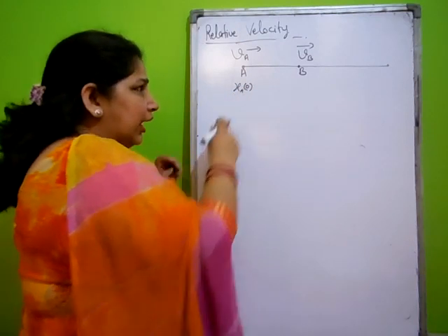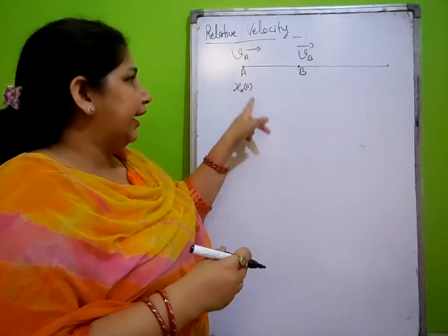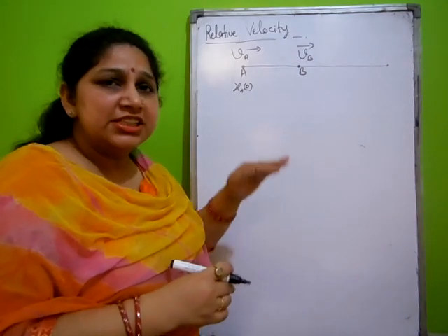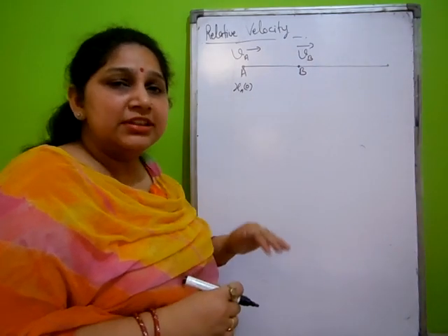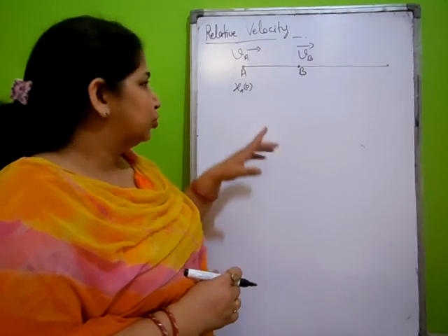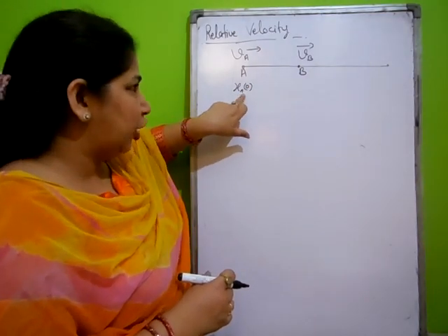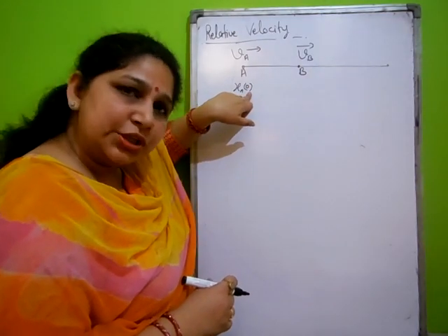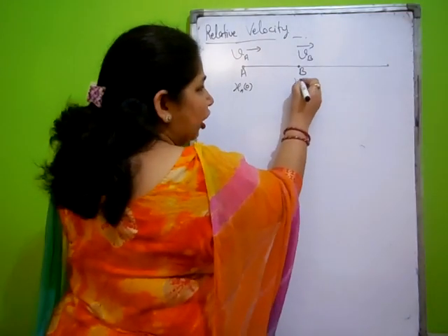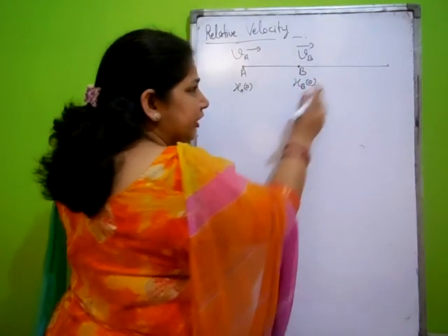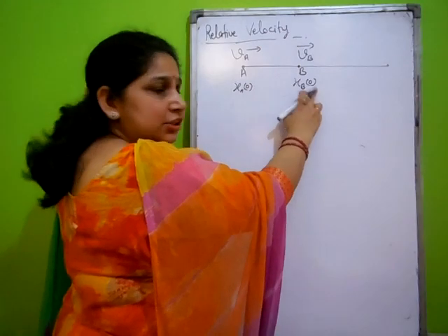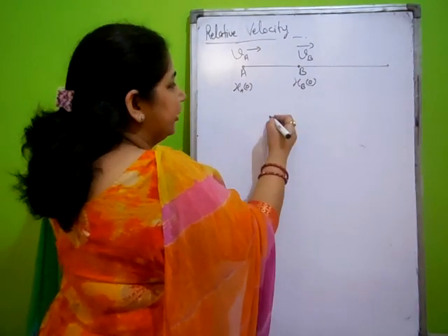Why do I write 0 here? Because at the start of observation we always take t is equal to 0. So this is the position of A object at time t is equal to 0. Now the position of B object at time t is equal to 0 is XB0. Now after t time,